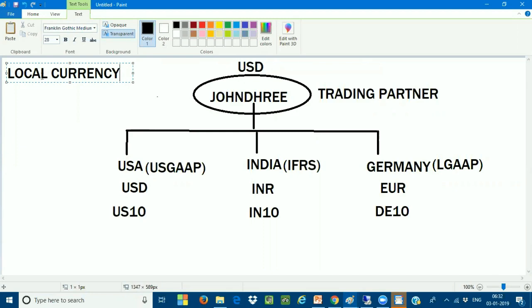So here we have 2 currency types. One currency type is called the local currency type, or it is also called the company code currency.